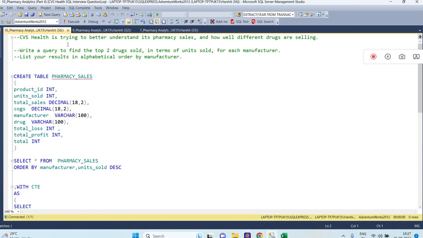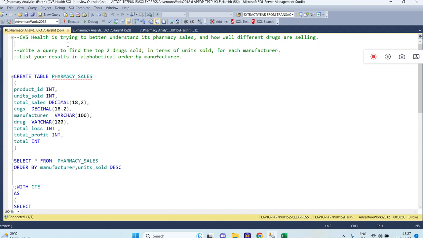Write a query to find the top two drugs sold in terms of units sold for each manufacturer. So here we will use the partition by clause,